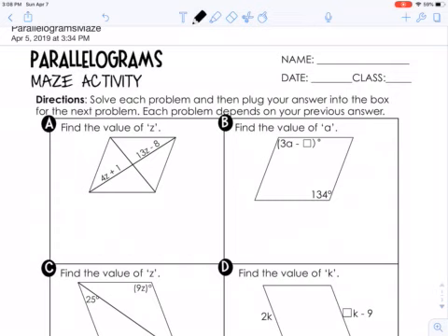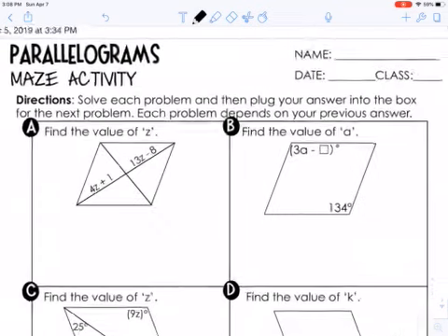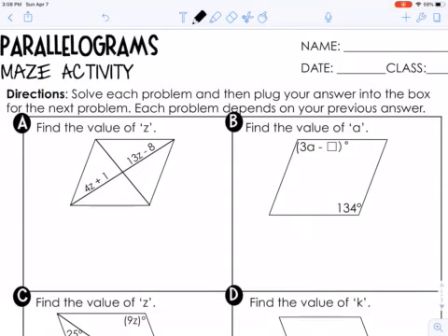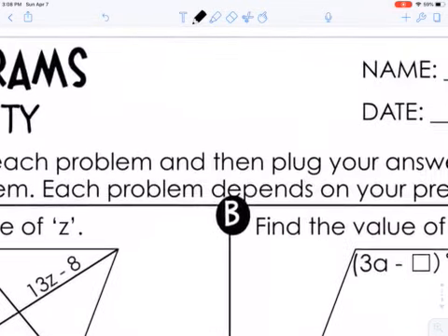Alright, so here's the video that I promised on how to get started on your homework. So the first thing you're going to want to do for your parallelograms homework is to write the 5 properties of parallelograms. So starting with